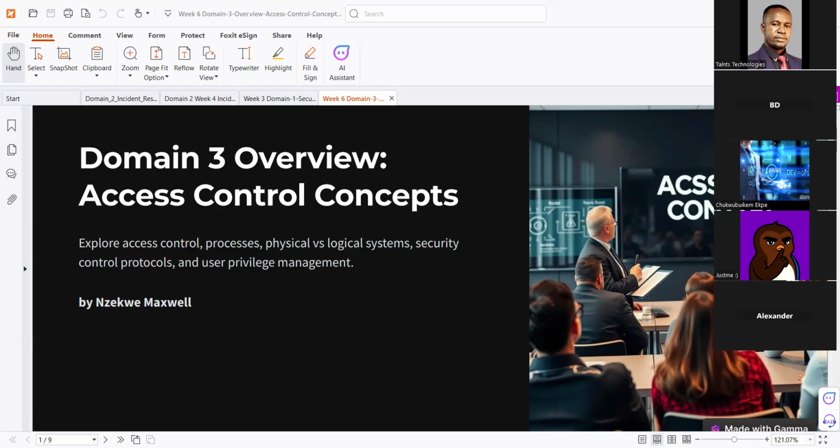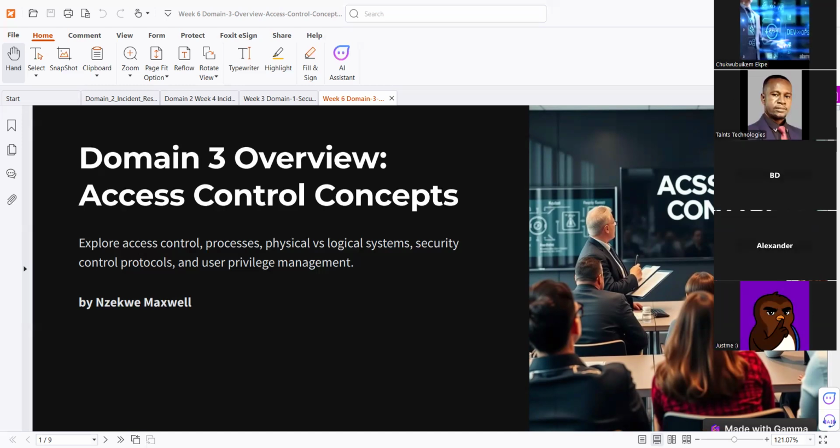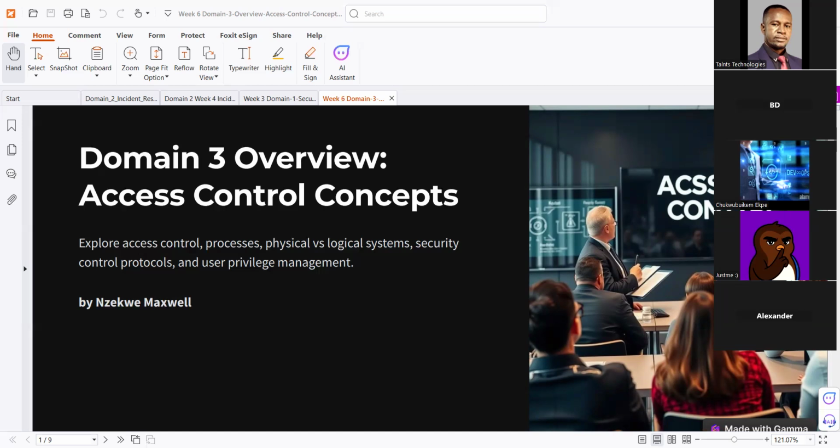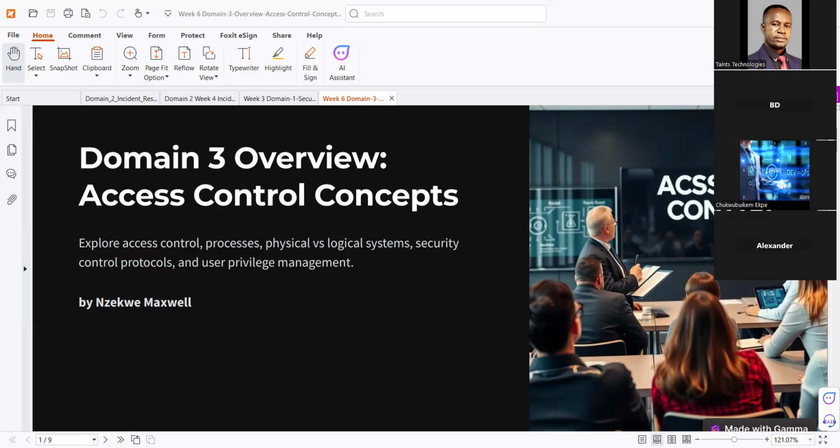All right. Access control should simply mean granting access to something only to authorized personnel or users. Exactly. So it is the bedrock, the fundamental security concept that governs who has access and who does not have access to resources within a digital environment or an organization. It ensures that only authorized users can have access to specific data, applications, networks,